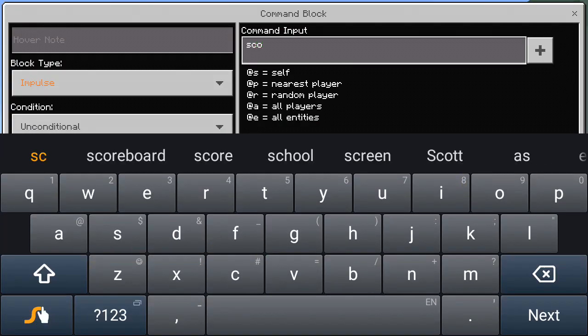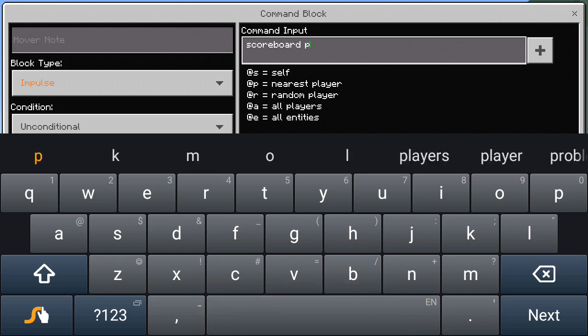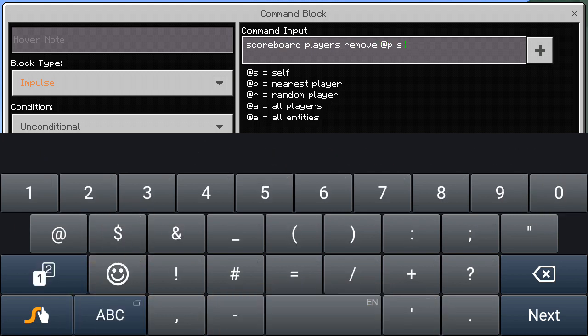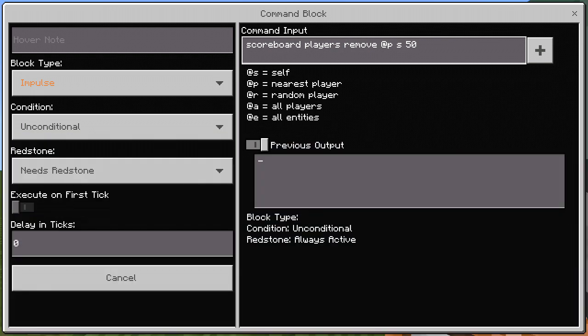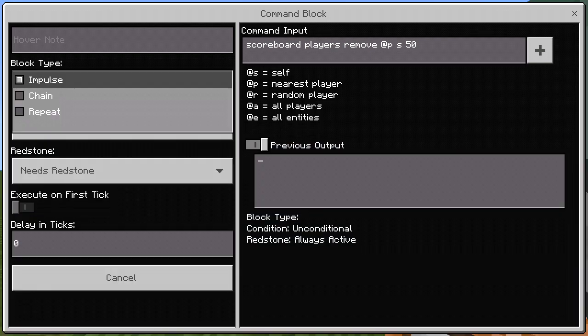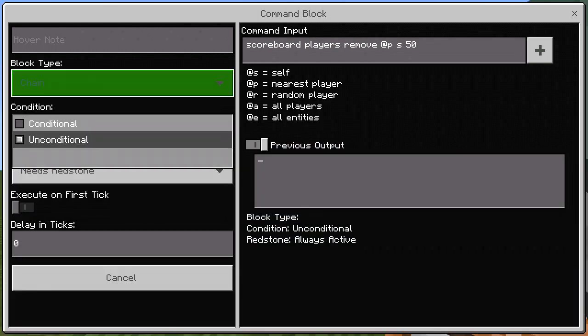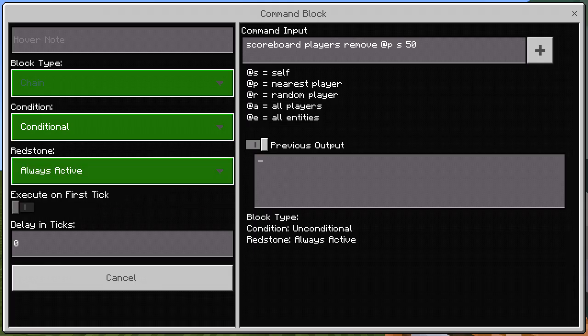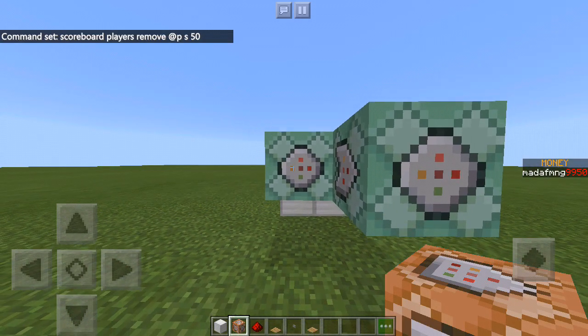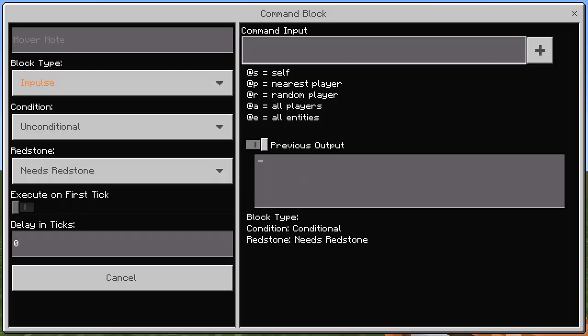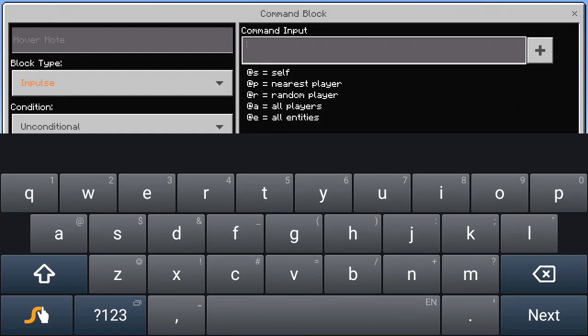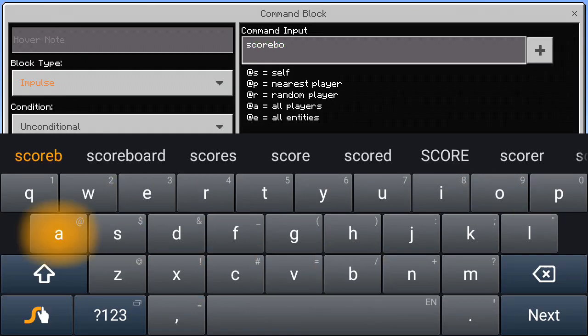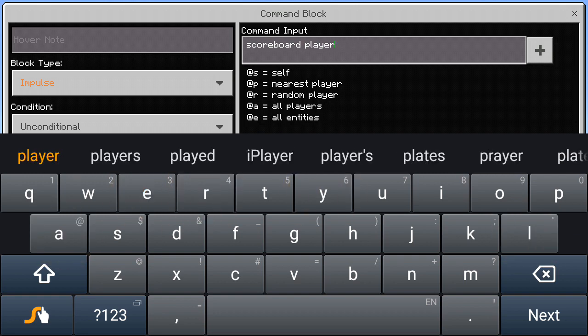So scoreboard players remove the closest player, savings, amount 50. If you're going to withdraw 50, change the properties of it to chain, and then conditional, and always active. There, it's going to place another one here, and this time we're going to put in the money because it's a withdrawal, right? So I just typed in scoreboard players add